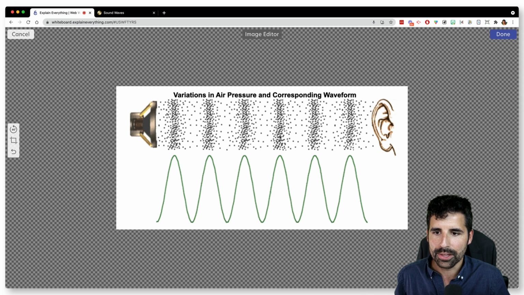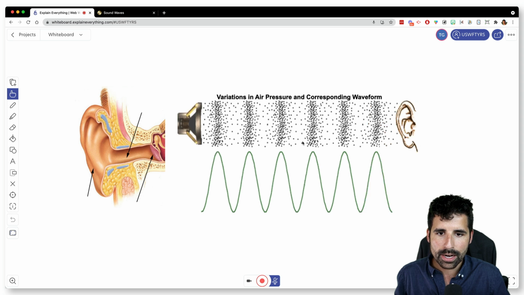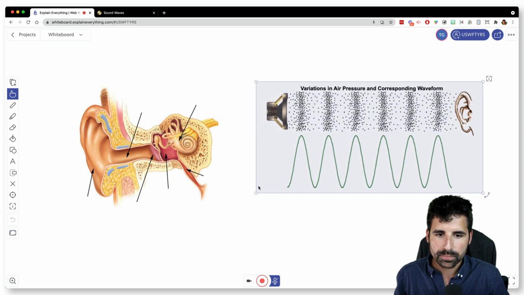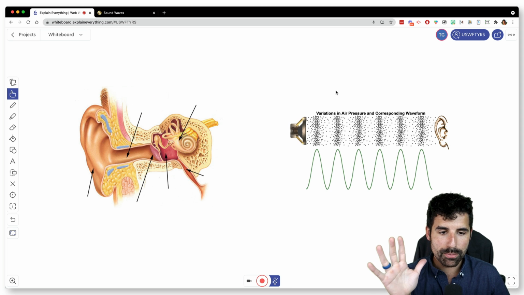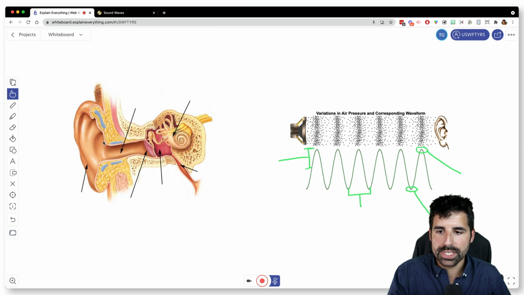And so now it's just that little section from the website, and I don't need to crop it or do anything. I'm just going to add it in there, and I'm going to move it over here. Let me add the parts that I want students to label real quick. Now, before I share this with my students, I want to make sure that they can't move stuff around.